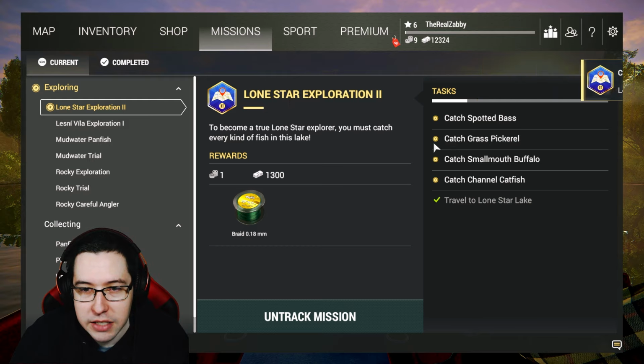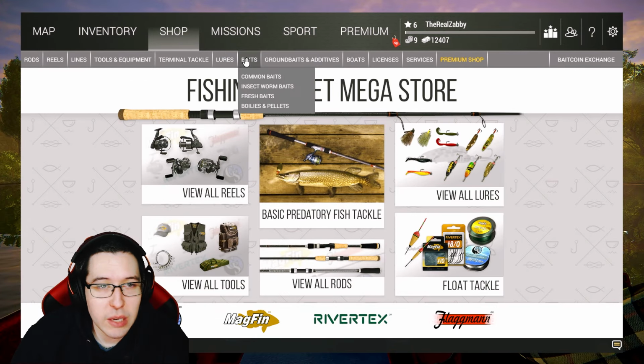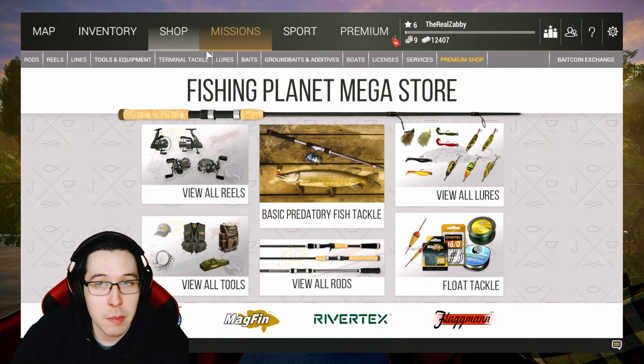Catch spotted bass, catch grass pickerel, catch smallmouth buffalo, catch channel catfish, and we will get one bait coin, $1,300, and we will get some line for completing that as well. I went ahead and left Lonestar Lake. We are going to go after some fish here, and we are going to be buying a new rod very, very soon,